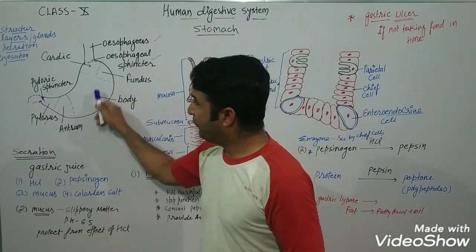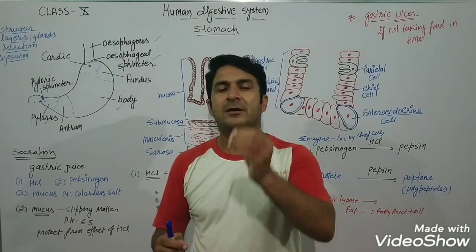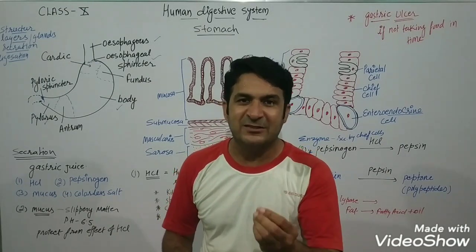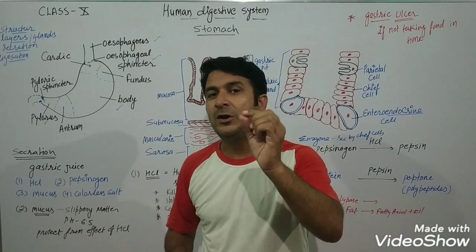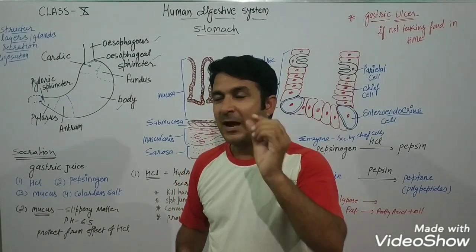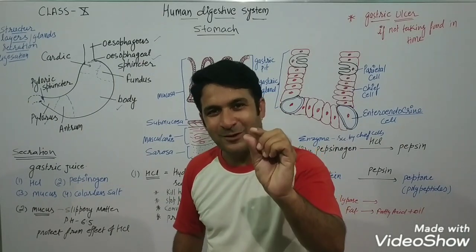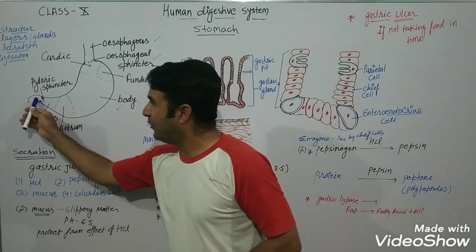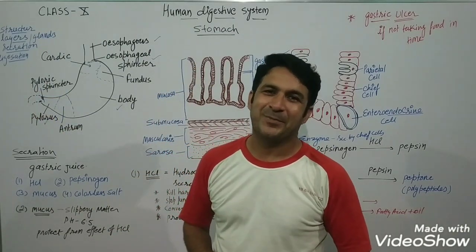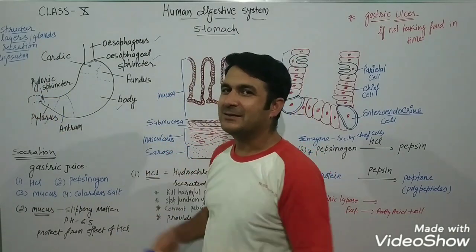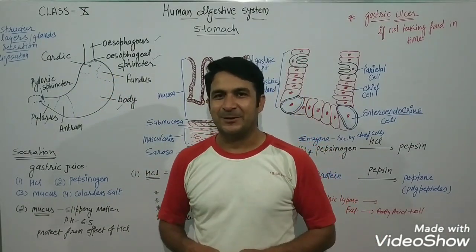Okay, it means when the food stays here and the food is not digested, it cannot convert into small size particles. So until the digestion is complete here, the food will not convert into small size. And when the digestion is complete, the food will convert into small size, and then the food is allowed to go through the pyloric sphincter area. Right? So this is how the parts help in digestion.